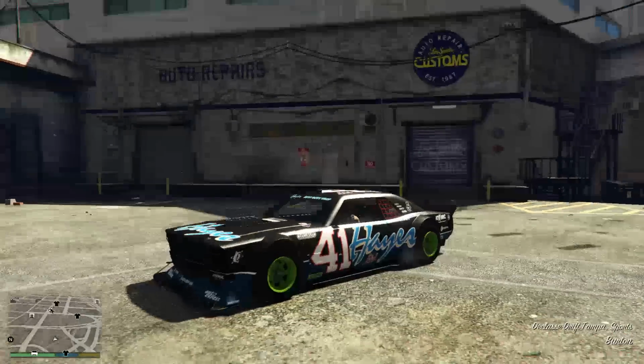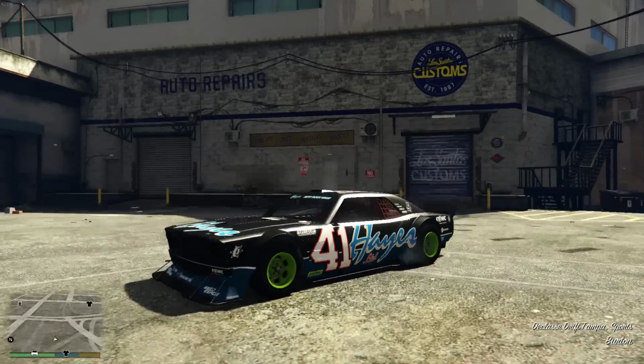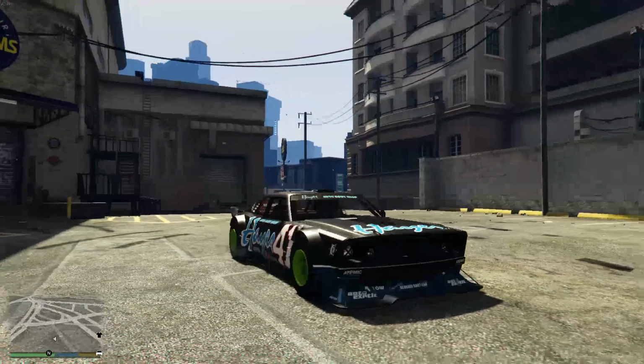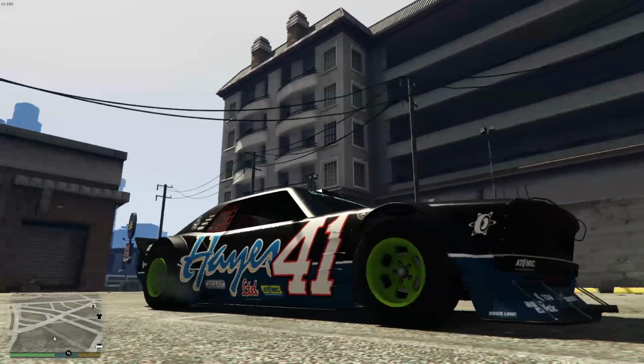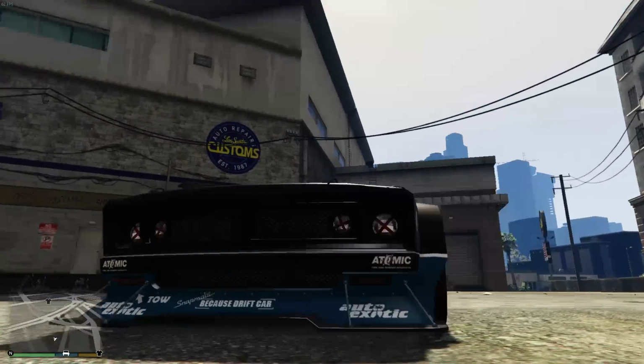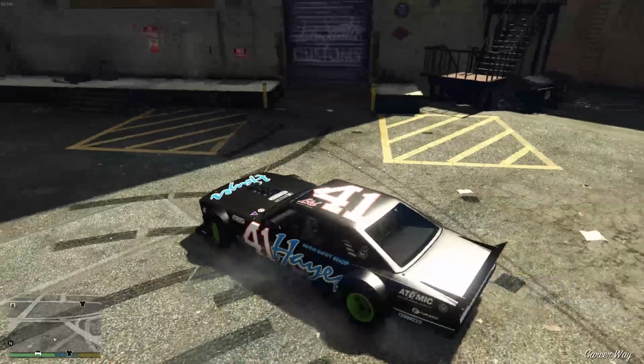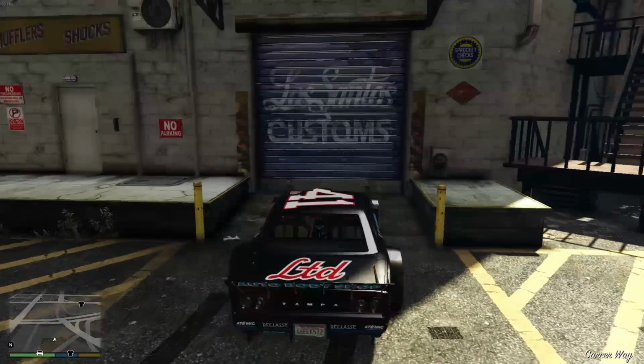You're seeing here, this is the Drift Tampa. This thing is beautiful, man. I haven't even gone in the custom shop yet. Just look at this thing. Anyway, this is the Drift Tampa. I don't know if it's going to be a separate vehicle or if it's going to...